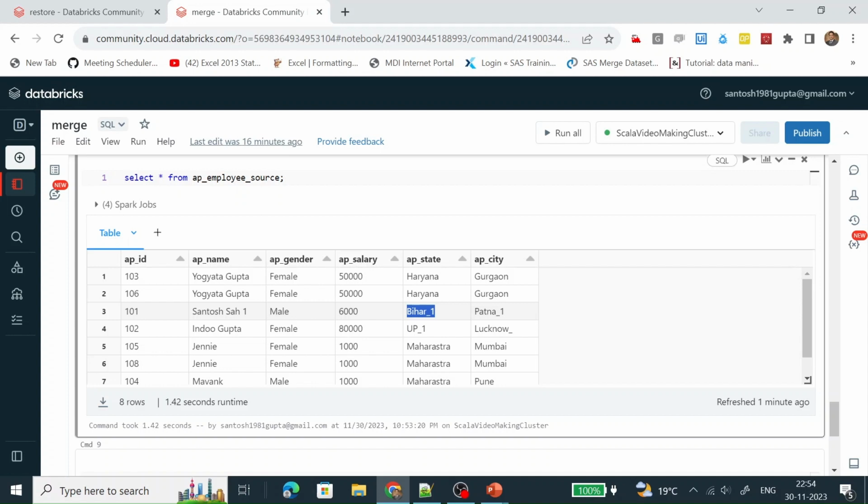If it matches, then we can update the source table with the data which is present in the target table, and if the data didn't match, then with the help of an insert statement in the same merge query, we can insert all the not matched data from the target table into the source table.